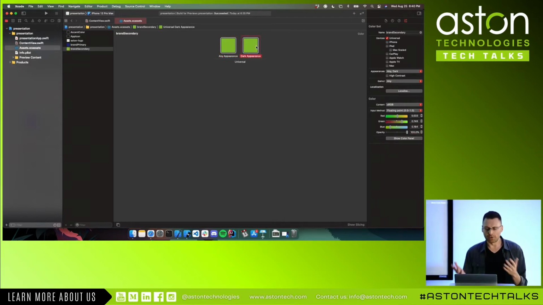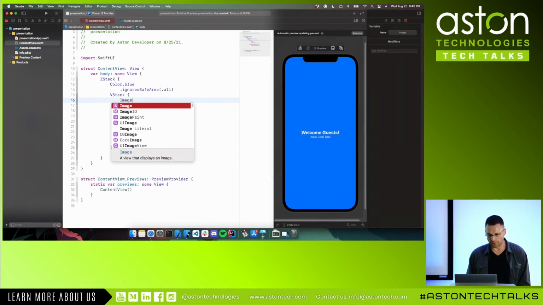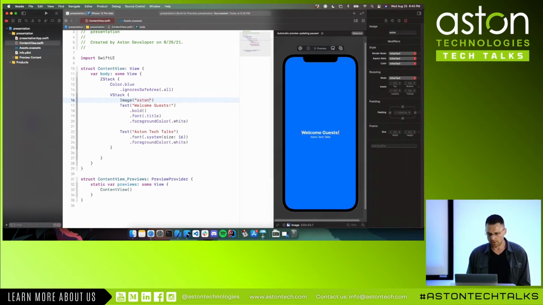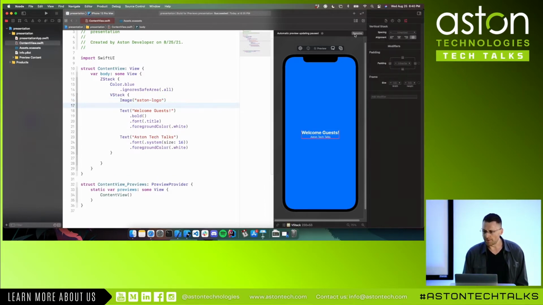Okay, so just a little bit of work. We've created some themed colors, as well as an image. It's pretty small, but not much to see there. So just with those few pieces in there, we can really clean up the look of our UI. So I'm going to add, as you can see, the